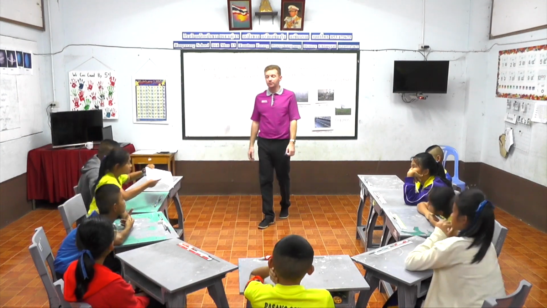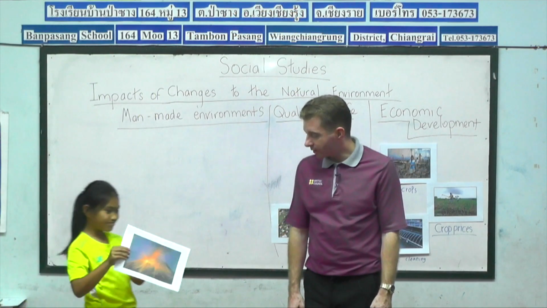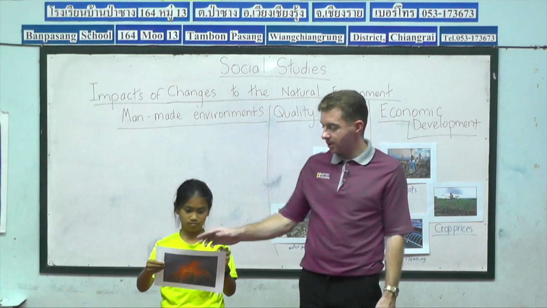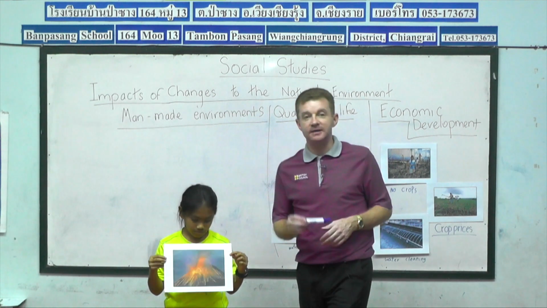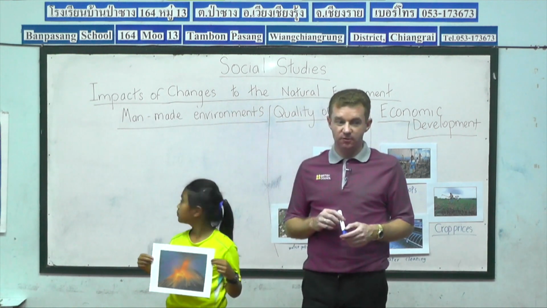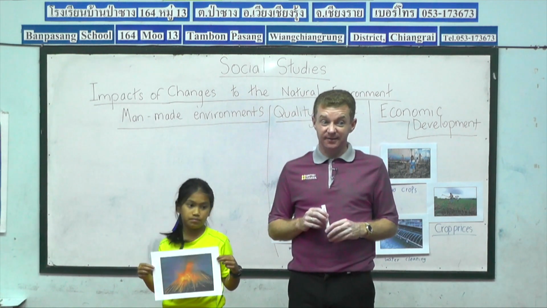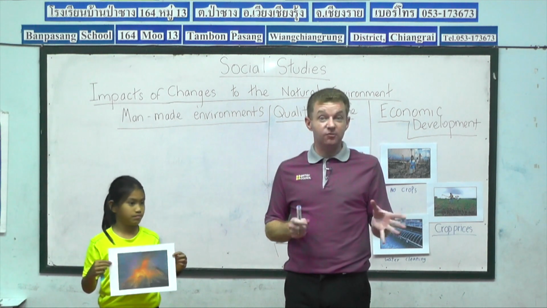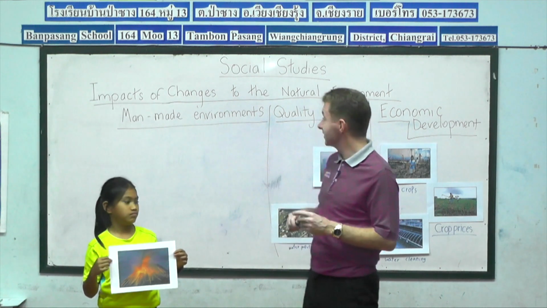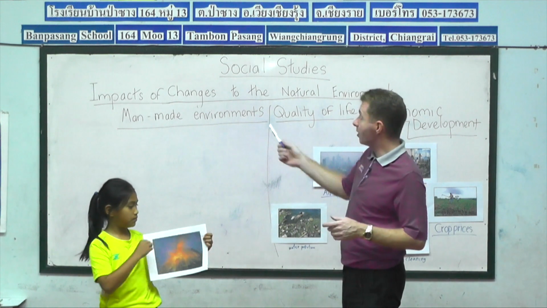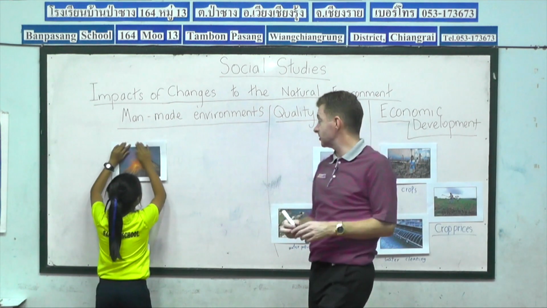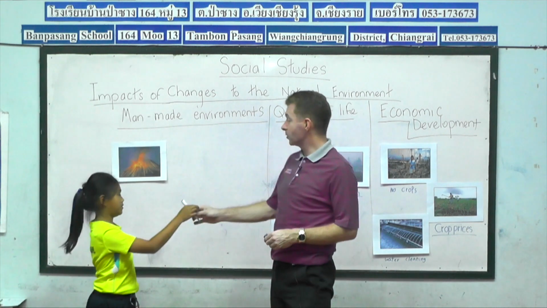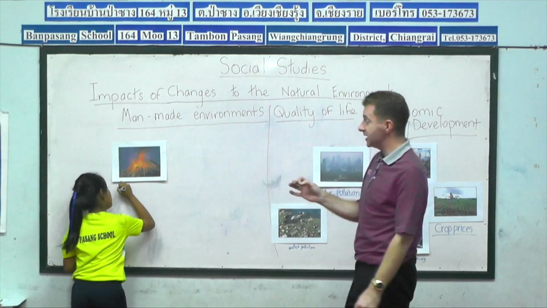Now for Pak Bung. So what can we see on Pak Bung's flashcard? A volcano. So what will happen, guys, if a volcano erupts? Do we have to leave quickly? Yes. The village will be evacuated, and that's an example of a man-made environment. The village will be evacuated. So Pak Bung, you can say village, V-I-L-L-A-G-E,